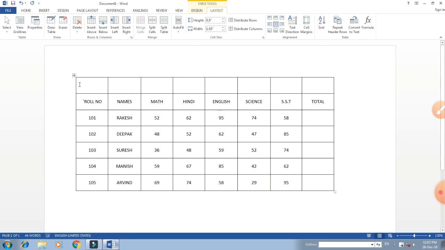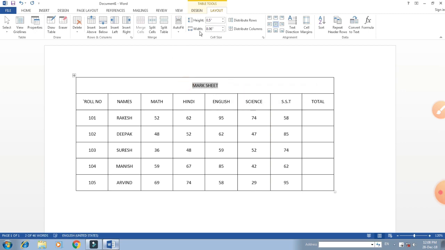For above, you place your cursor in the row above which you want to insert. Now merge cells. First of all we have inserted the cell here, select these cell rows and now click on merge cells here. So this way we can merge the whole into one cell.